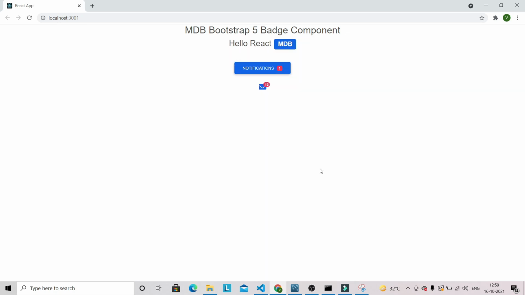So guys, now let's see how we can create these badges with the help of Material Design Bootstrap 5. So these 3 badges we are going to create now with the help of Material Design Bootstrap 5. So let's jump into the Visual Studio Code and see how we can implement these badges.